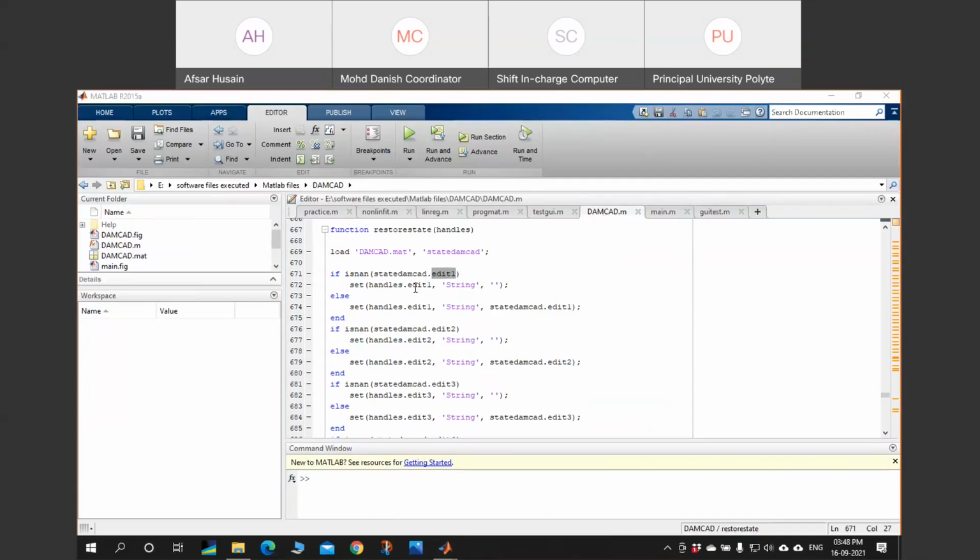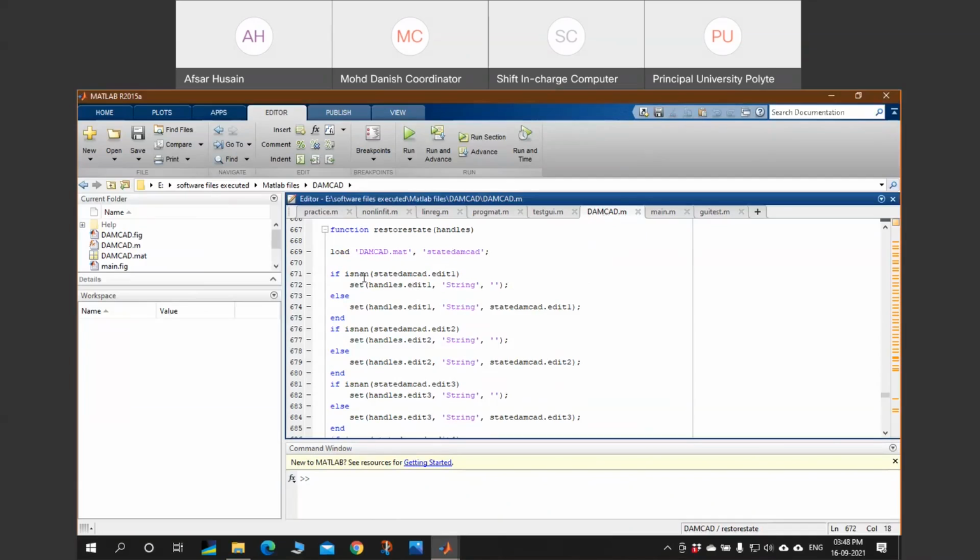Okay, so it is checking whether it is NaN. NaN in MATLAB means not a number. So it is checking whether it is a number or not. If it is not a number, then it will go to the else and set the values. If it is not a number, it will set the field as blank.